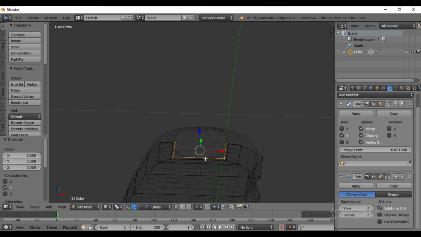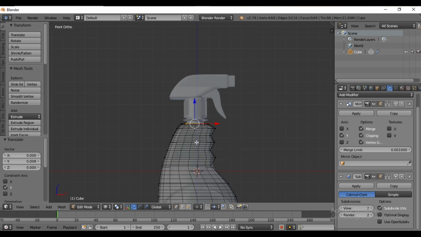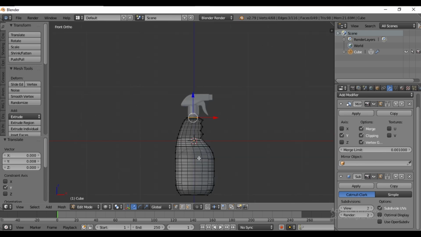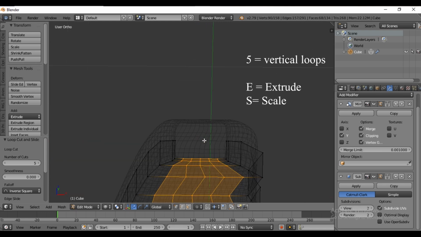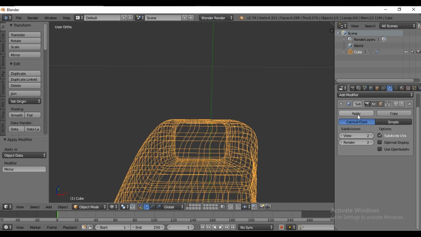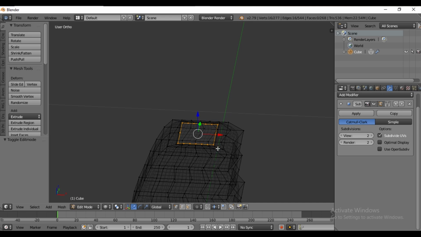Now we need to convert these vertices into a circle, but there are no vertical loop cuts available. Add 5 loop cuts with Ctrl R. Select the loop with Alt. Before switching to a circle, let's change to object mode. Apply the mirror modifier. With the loop selected, press W, go to Loop Tools and select Circle.